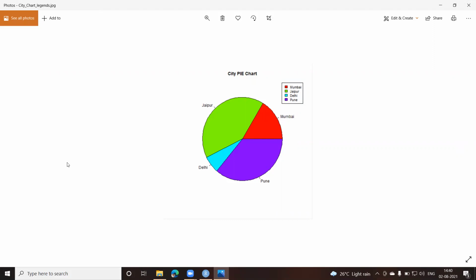Okay, fine. So here you can see the legend box has come on the top right side, and we are able to at least get some information. Now, what about the values which I want to display in the diagram? How do I do that? Or if I want to convert this, let us convert this into a 3D chart. Okay, we have less than one minute left.